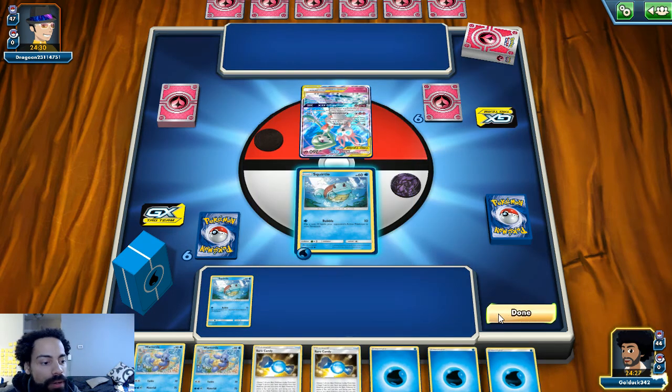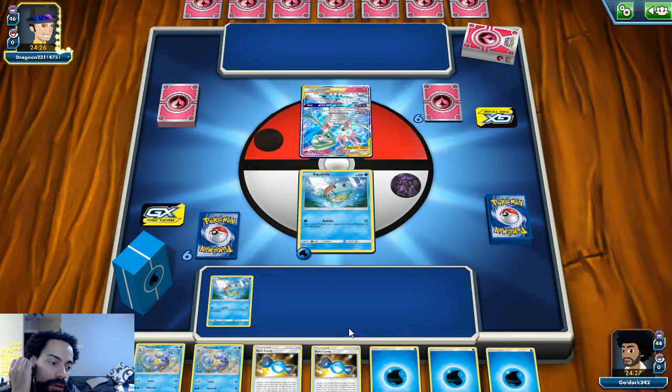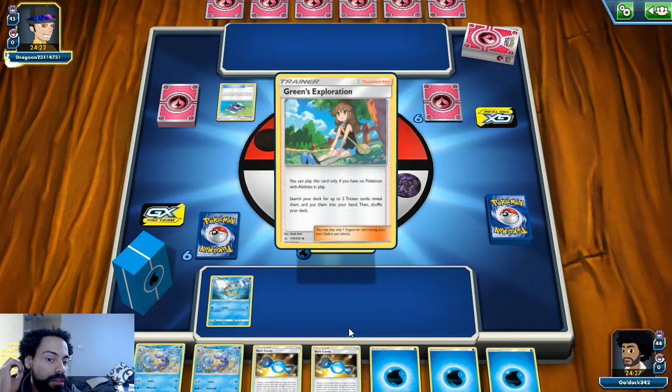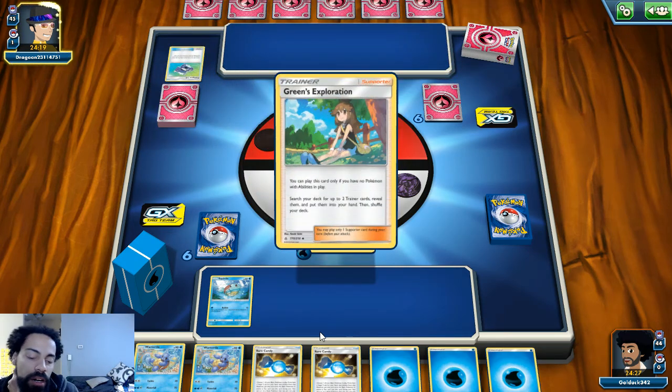Somehow we draw 2 rare candies. So in a game with a deck where we don't really need all the rare candies, we get rare candies. So why weren't you here when we didn't have red and blue? Alright, so